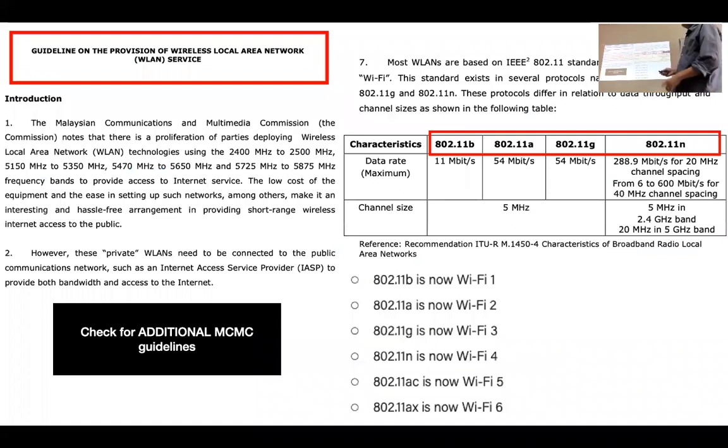And also, just now we mentioned guidelines. Please read up this one, wireless local area network, wireless LAN. But this one is more for the 802.11 Wi-Fi standard. Okay, here they didn't write AX. Suppose there is AX already. Right? Until N it is in the guideline, but the actual one has gone further.